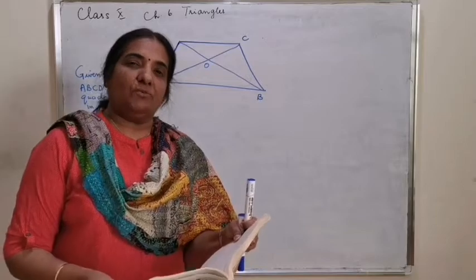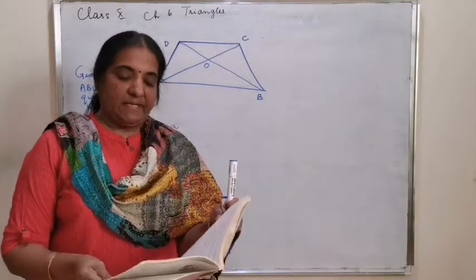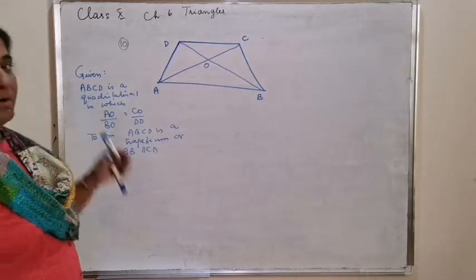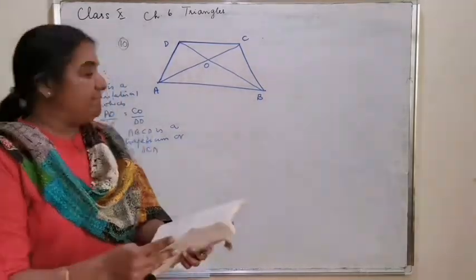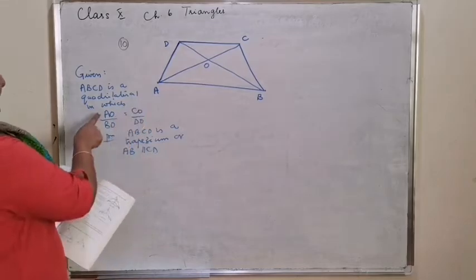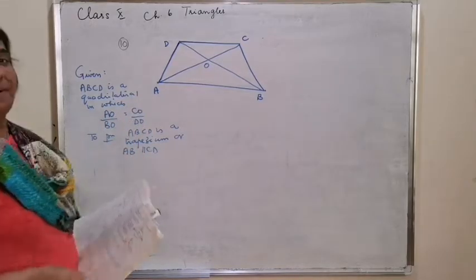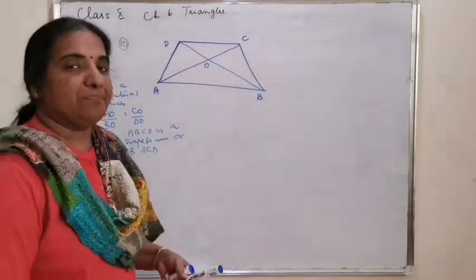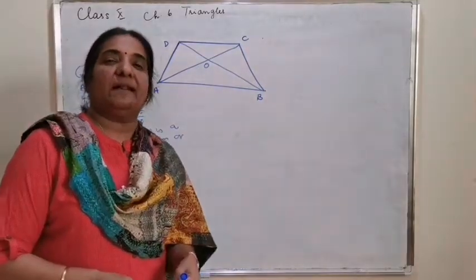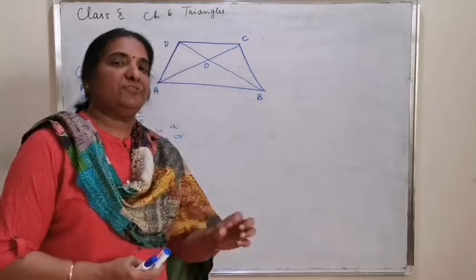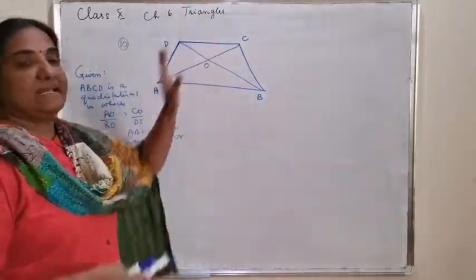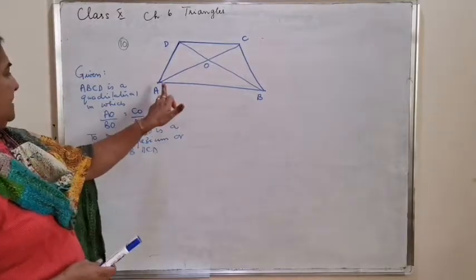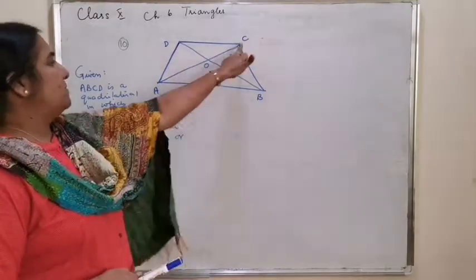Number 10, the converse of the previous one. The diagonals of a quadrilateral ABCD meet each other such that AO by BO is equal to CO by DO. What you are supposed to prove is ABCD is a trapezium. They said that it is only a quadrilateral. How do you prove a given quadrilateral is a trapezium? If you are able to prove one pair of opposite sides are parallel. Similarly, since the ratio AO by BO is equal to CO by DO is given to you,